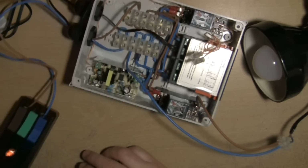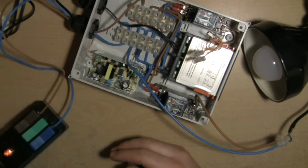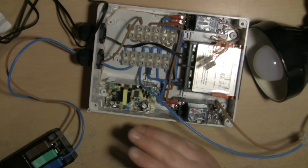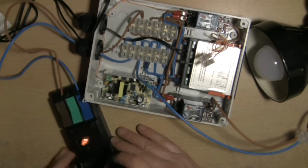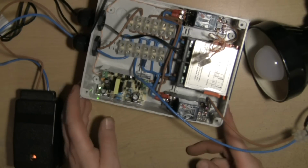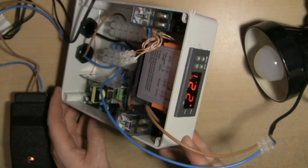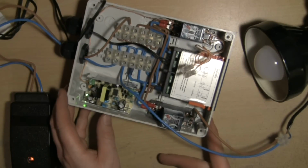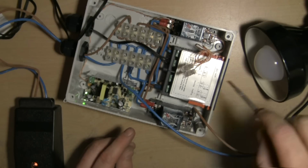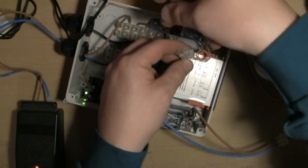And then also I brought in this little quick test meter. This is another big Clive.com special as well, so this enables you to just plug things in and test them on the fly without having to wire up a whole plug on everything that you're experimenting with. So what I'm going to do is just shut this down now. Now all of this is live, and we're just going to take a little peek at the front. You can see it's reading 22.1 degrees in here. I've set it for 24 or 25. While we're waiting, it has a 1 minute timer delay, and that's the lowest you can set it. So while we're waiting for that to complete, what I will do is just wire up the